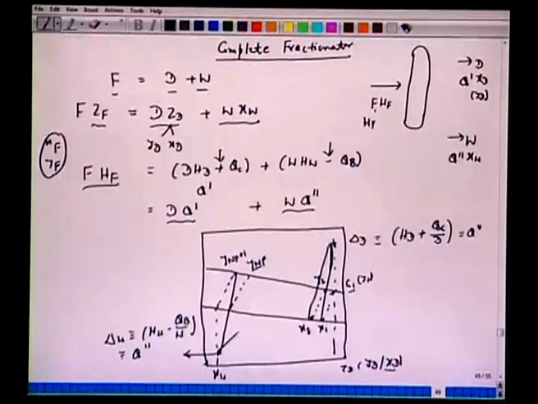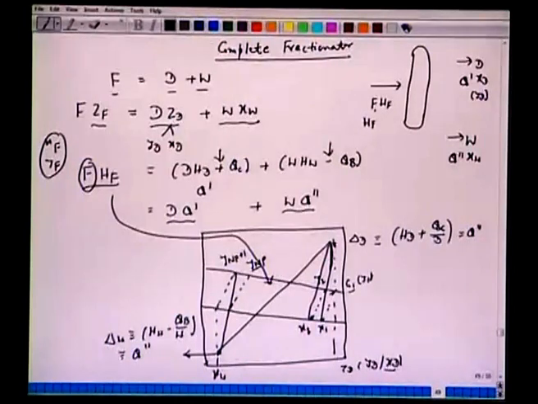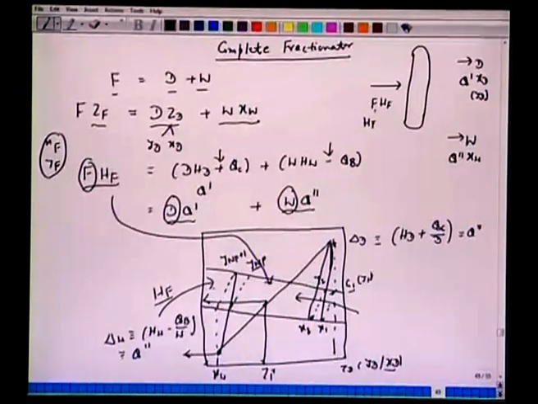Now if we connect this XW and XW, this is what we are trying to get here, right? F feed coordinates and D coordinates and W coordinates, they have to lie on the straight line by mixing rule. That means if we know the feed composition, let's say ZF, this has to lie on this straight line. This should be the enthalpy of the feed HF if you have drawn like this. Okay, so all we have done, we have started with the left, which is your rectifying section, or we can start from here, which is your stripping section.